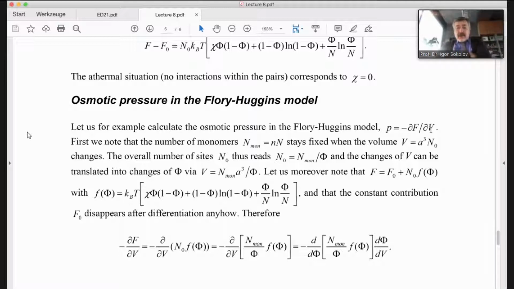However, we do not simply take the derivative. We have to take care of the fact that the number of monomers in the system stays fixed while the volume changes. Because the monomers, if I come back, just let me stop it for a second